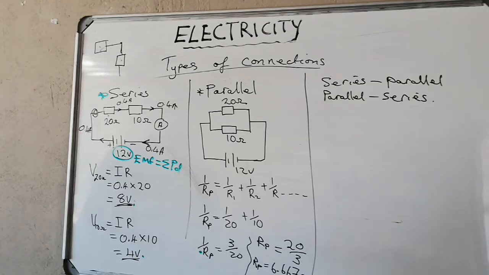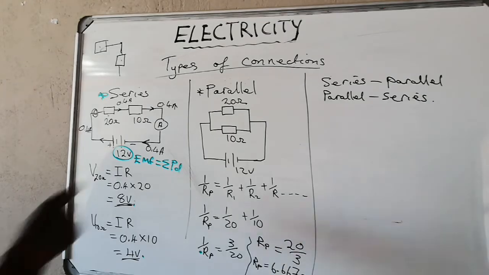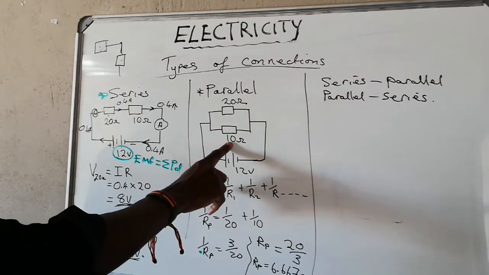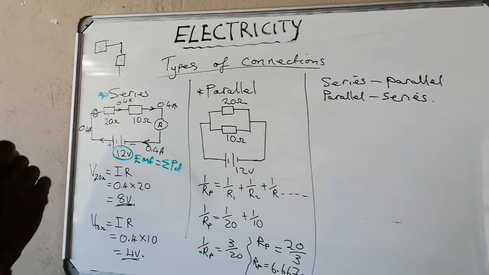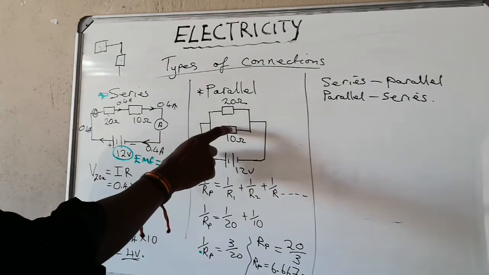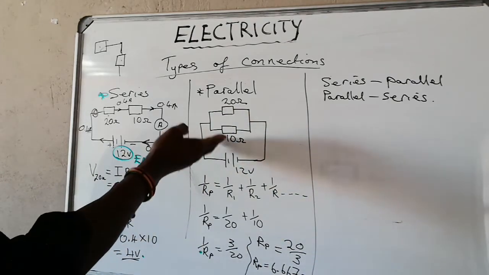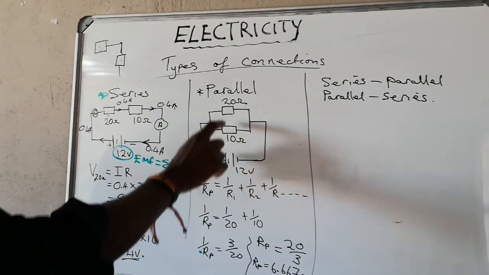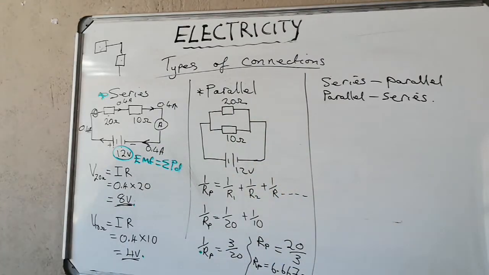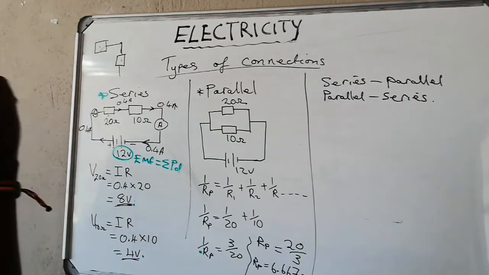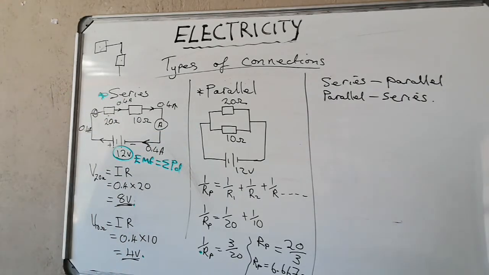Also, it is important to note that in a parallel circuit, in this example, we have 10 ohms and 20 ohms. Our total resistance is smaller than either of these two. This one is a 20, this one is a 10, but our total resistance is a 6. If we get any number above the smallest one, 10, then somewhere in our calculations we made some error and we need to recheck that. So every time you have parallel resistors, just look at the smallest one and know in your mind that your answer should be less than that smaller resistance. So our total resistance is